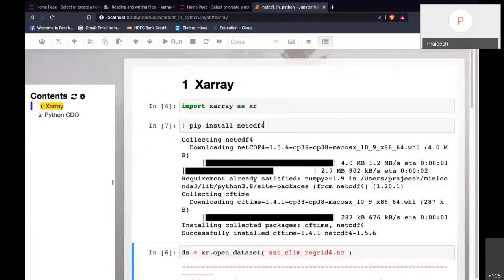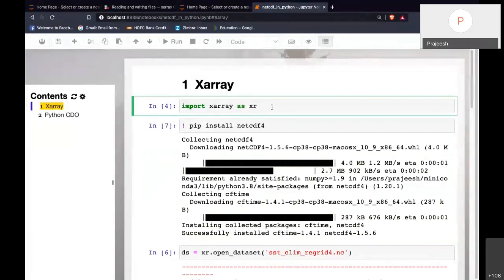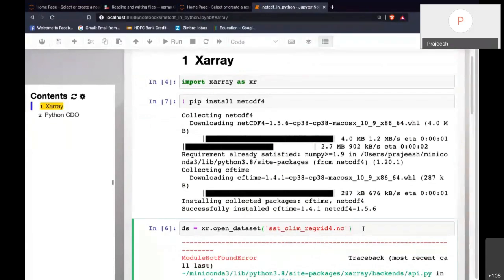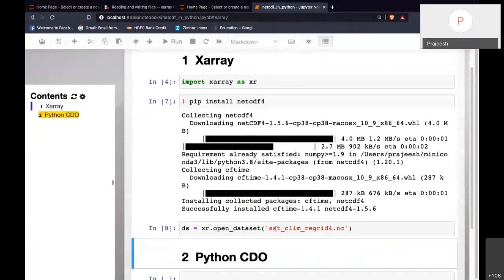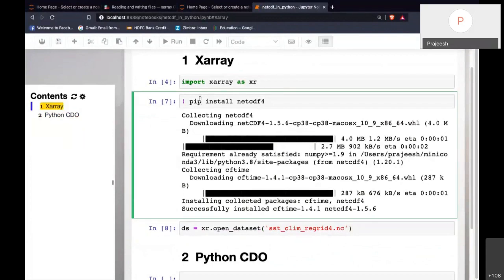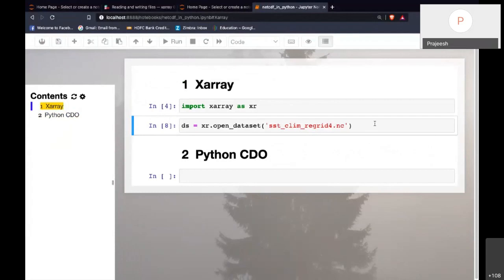So you have to install it separately. Once we have installed this, and if I run this, yeah, this time it ran successfully.